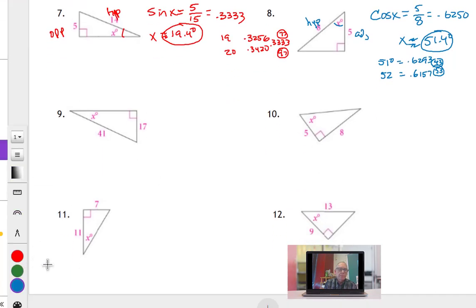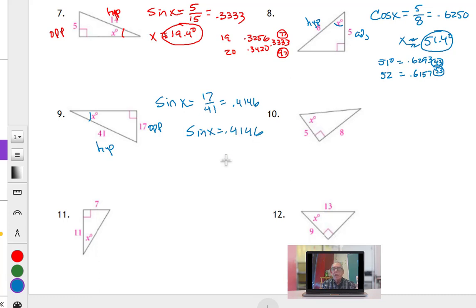Number 9. This is our reference angle. 17 is an opposite. 41 is a hypotenuse. So we've got opposite over hypotenuse. That's going to be a sine ratio. So sine x equals 17 over 41. To 4 decimal places, that's 4146. So we have sine x is